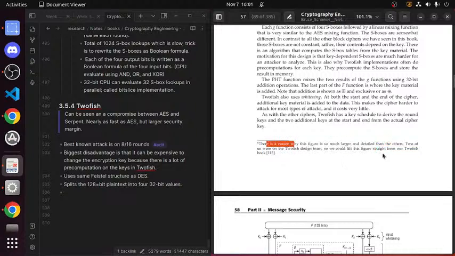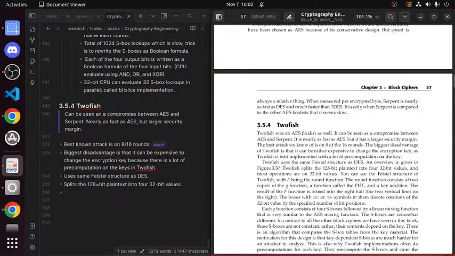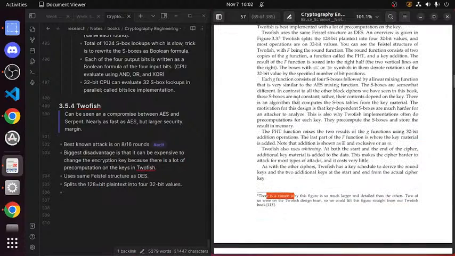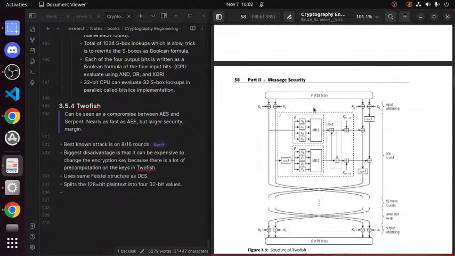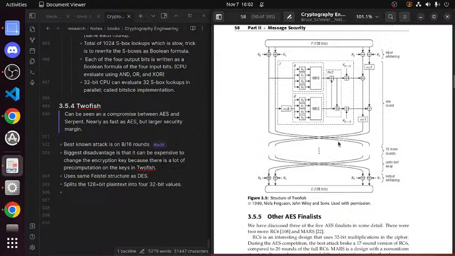There's a reason why this figure is so much larger and detailed than the others. Two of us were on the Twofish design team, so we could lift this figure straight from our Twofish book. This figure is larger and more detailed, so I should definitely dig into this one.